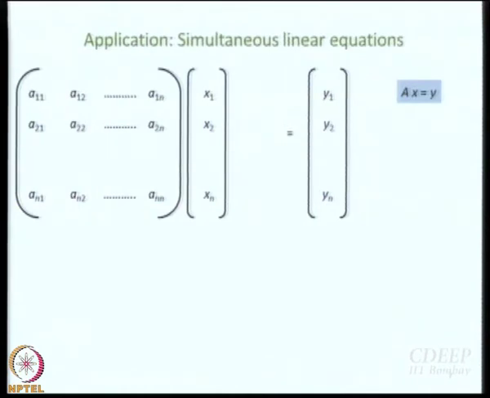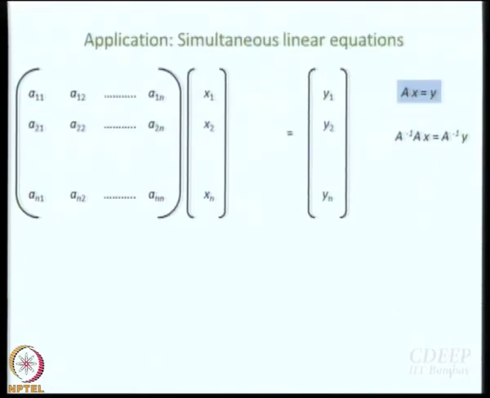Can you write the equations actually? What will be the first equation here? A11 x1 plus A12 x2 and so forth, last is plus A1n xn, is equal to y1. Only y1. Okay, good. So in that case, what is y1? A linear combination of the xs, or if I may put it that way, a mixture of the xs. Whenever I say a mixture, you think of wave function, that is right.